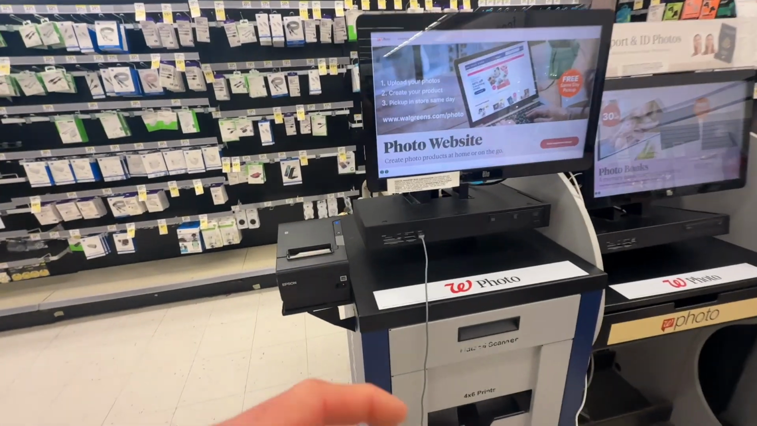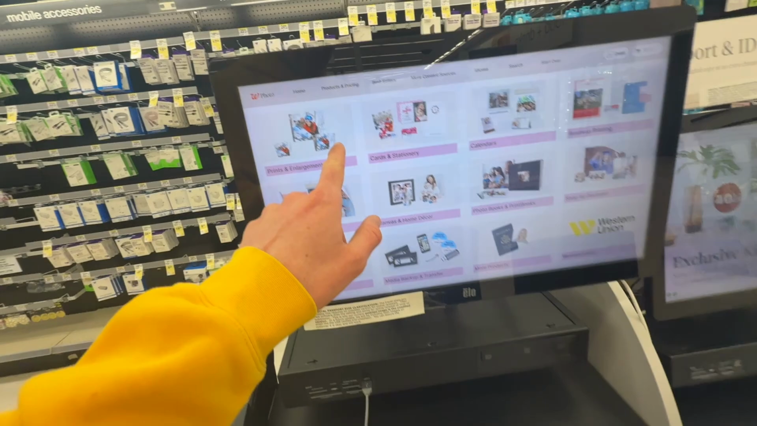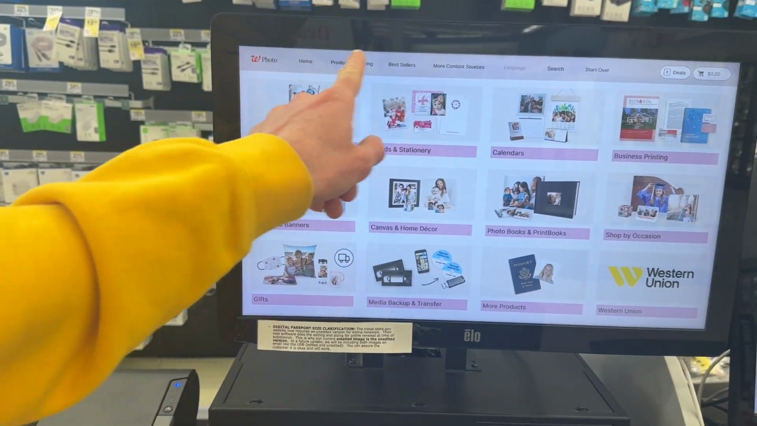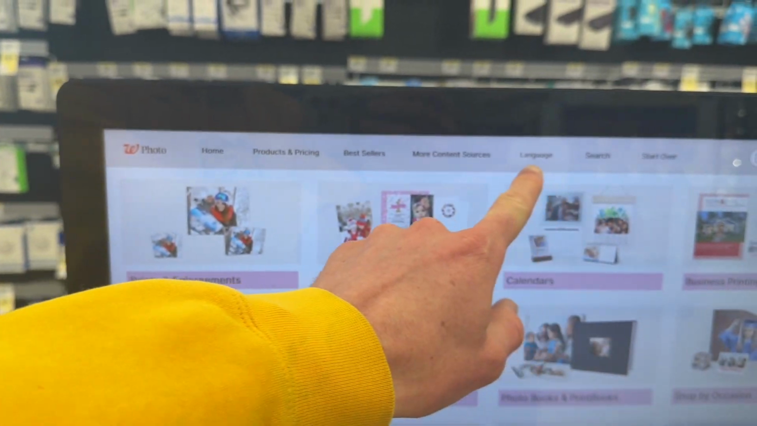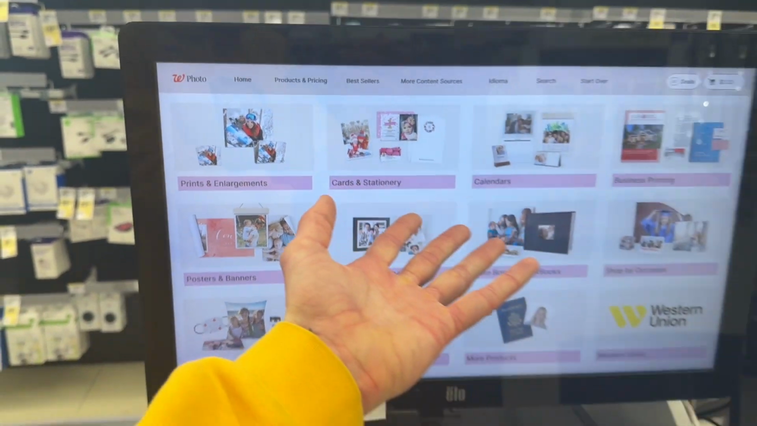To start, you first need to walk up to the computer. Once you tap on this computer screen, you can see all of the different categories and ways we can make copies or put our photos on. As you can see, there's print enlargements, photo books, canvas and decor, posters and banners, and a lot of other